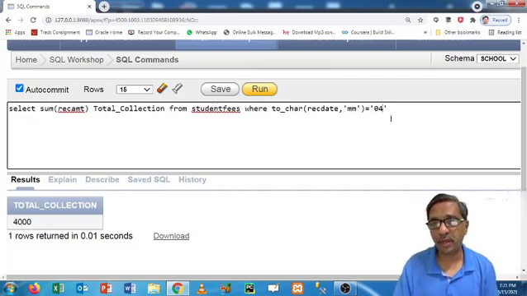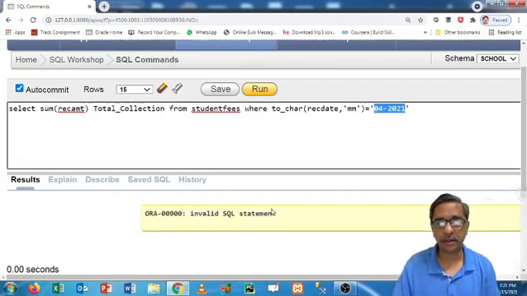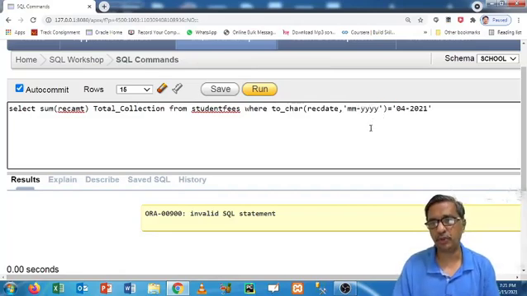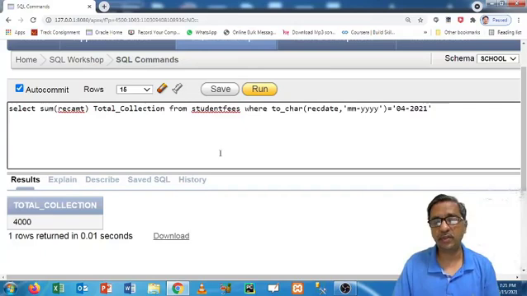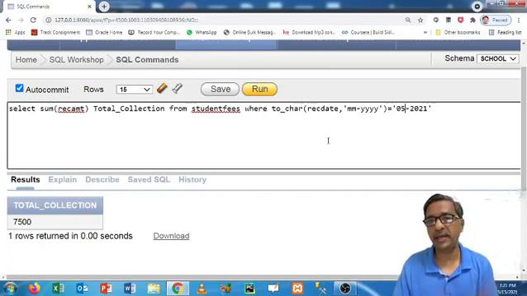So now if I give here April 2021, this will generate error because we have mentioned only month here, so I have to mention year also. Then this will give you the correct answer. If you want May, then you give here 05. So now we are separating month and year from a date. In the previous query we separated only year. Now we are selecting month and year also. So like this you can get the collection of this.